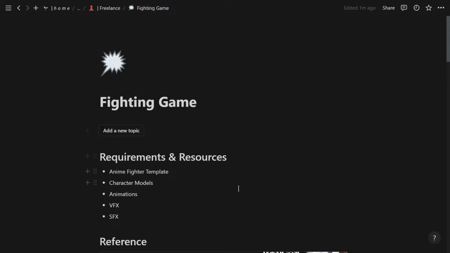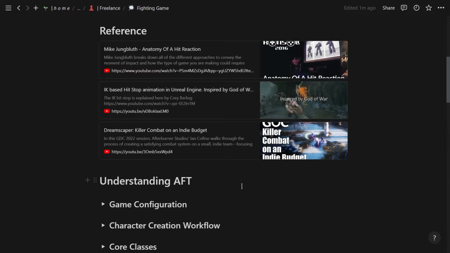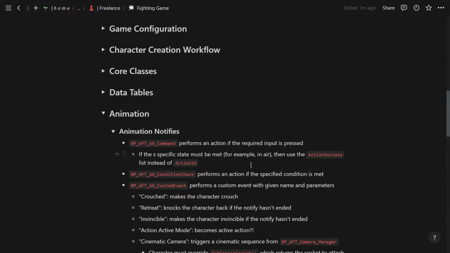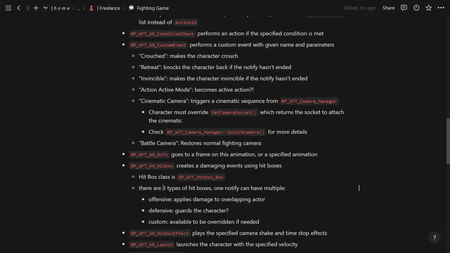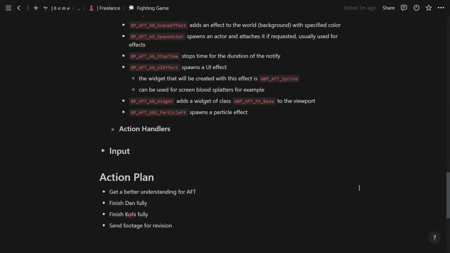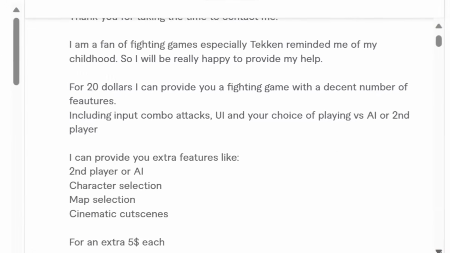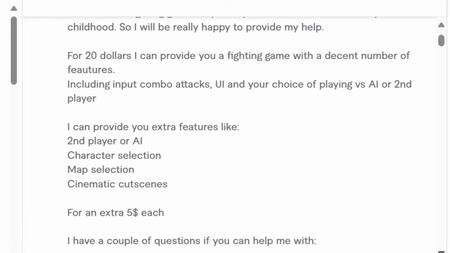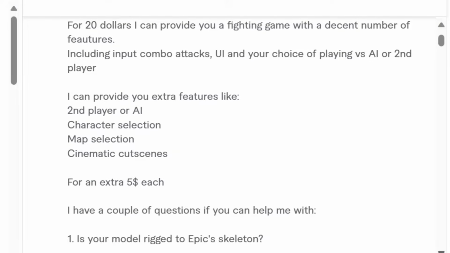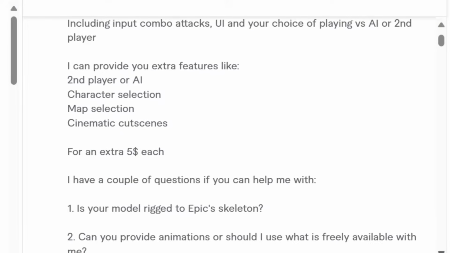After some research, I started to gain more confidence that I can handle this project, and my imposter syndrome started to go away. I gathered a list of features that can be involved in a fighting game and started writing down high-level code or pseudocode for each system, trying to understand how I can make that system based on the hours that I have every day. Then I came back to the client with this brief. After some negotiation, I was able to get the price up to $30, and I finally got my first order.